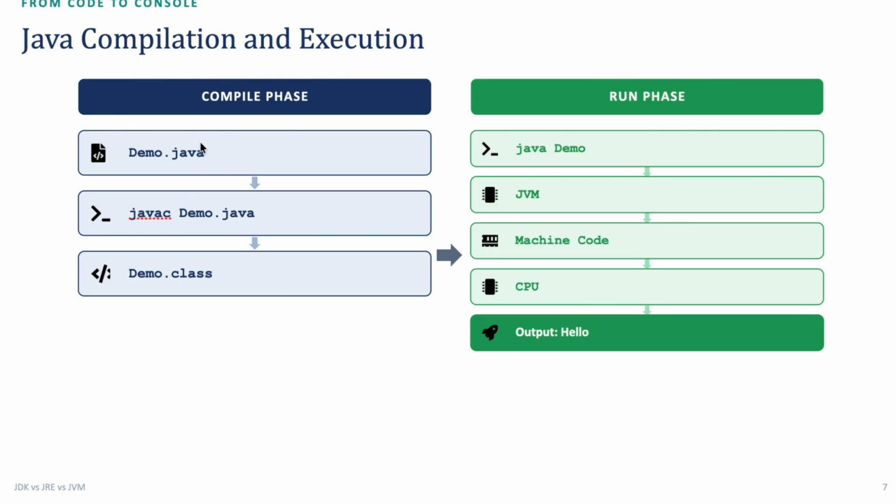So this is how Java works. You have the code in demo.java. With the help of javac, you run the compiler, and the compiler will convert your demo file into demo.class, which is basically bytecode. Now we will use java to run our code. So java demo, which is the file name, and when we run it, the JVM reads it, converts it into machine code, and now the CPU understands the code, and you get the output hello world or hello Java or whatever you have written in the code. It's done.